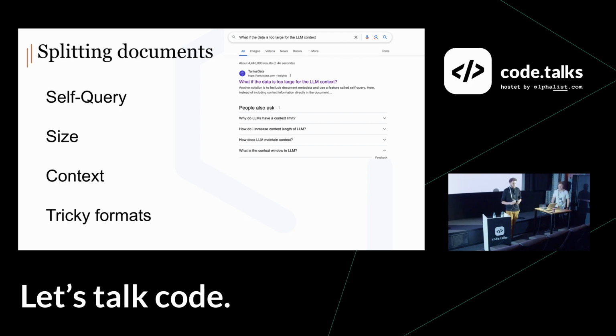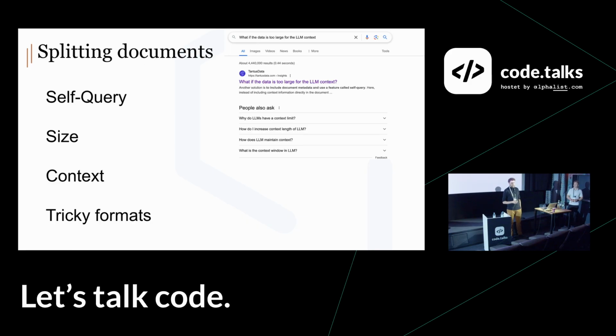Yeah, so whenever you deal with splitting documents, there are a bunch of techniques. You can use self-queries. If you search for that in Google, we have an article about that. But the simple approach is you tune the size, but you have to keep in mind that you need to keep the context of each chunk. So let's say you split a PDF document. It's not enough that you have some part of the page, you need to at least know which chapter the chunk is coming from, because otherwise you absolutely have no idea, and the LLM has no idea what to do with